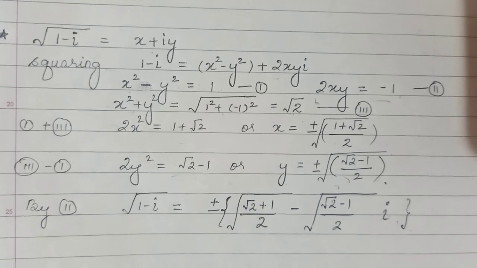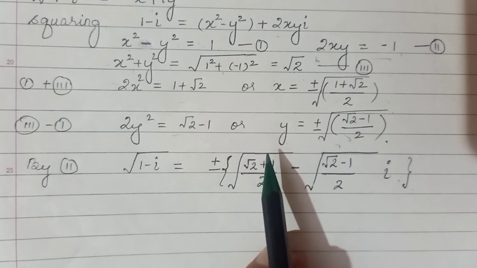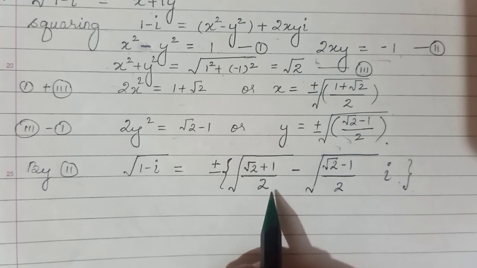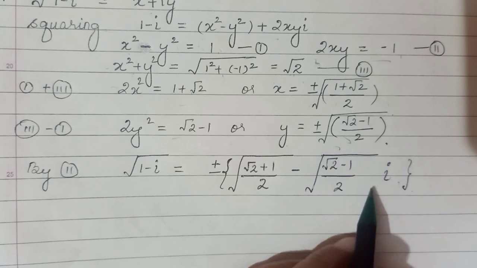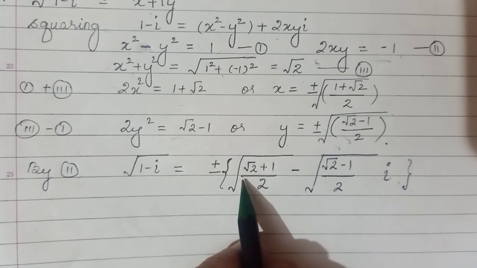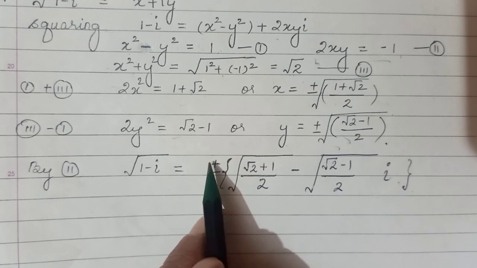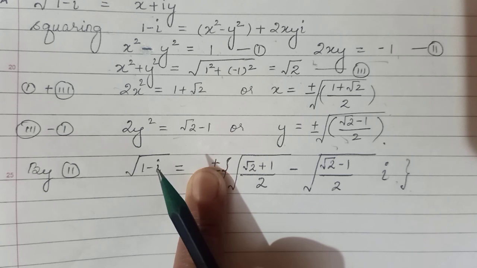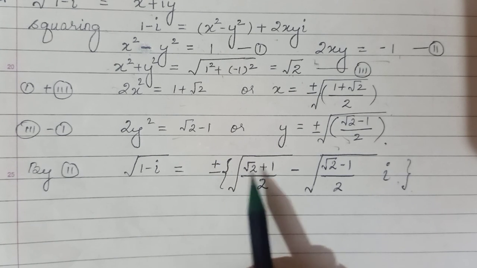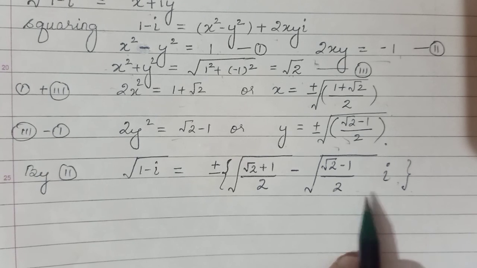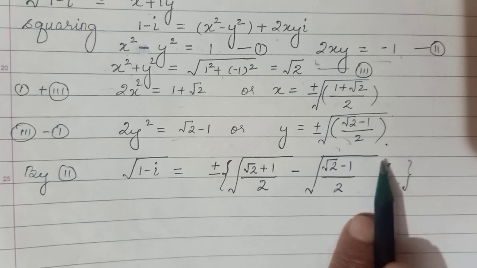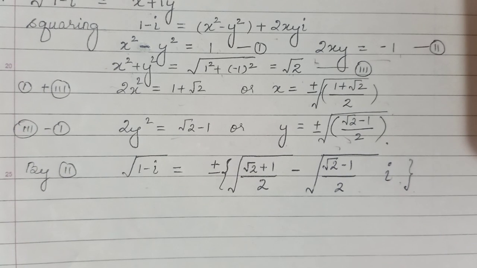So how am I going to present it, because expression थोड़ा complicated सा था, तो ऊपर वाला फिर भी easy था हमारा. So this time we'll write it as, this was the x that was evaluated minus y, because हमें पता है alternate signs आने, तो ये positive है तो ये negative होगा, and I've put plus minus sign right in front. Okay, so one solution would be plus of this and minus of this, and in the other one if you take this negative, then negative negative, second one automatically becomes positive. So we can combine and write both the answers. Okay, and y, of course i has to be written there. So under root of 1 minus i would come out to be this bit. Alright,